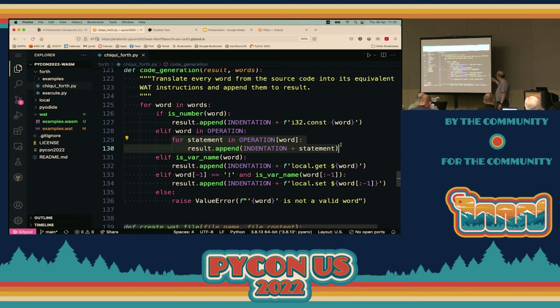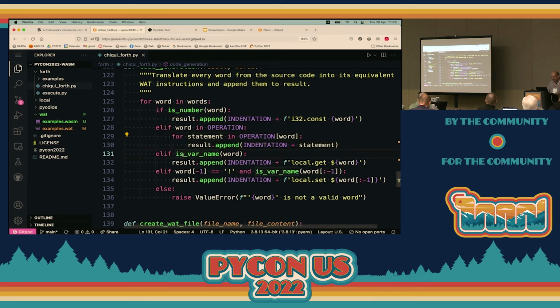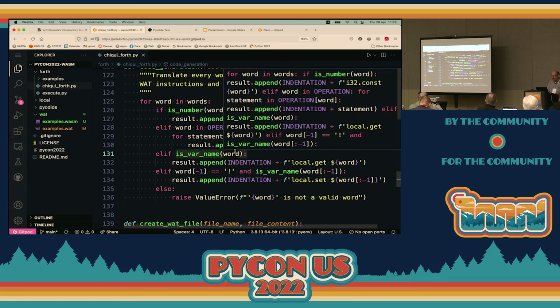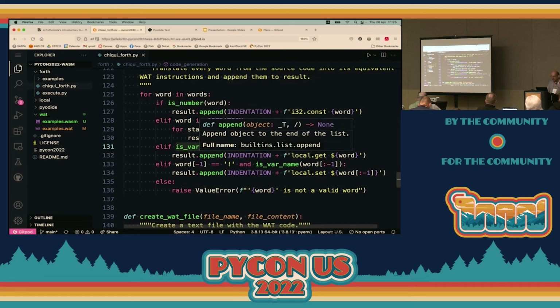We use another internal for because there might be several, and this is done in practice just to make sure that we add the indentation to each individual statement here. If we find a variable, just a plain variable to read, not to set,